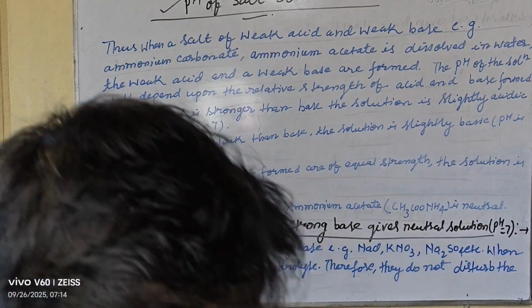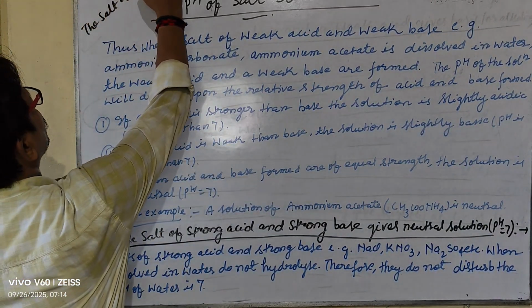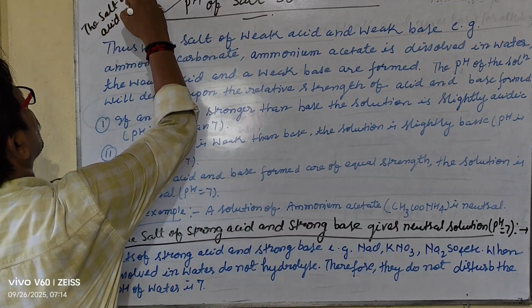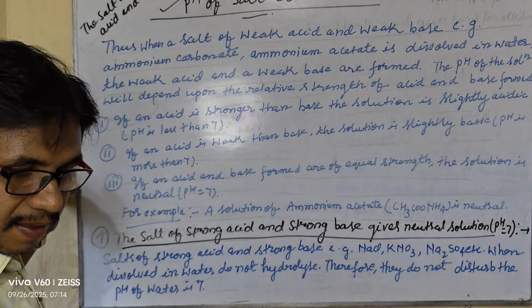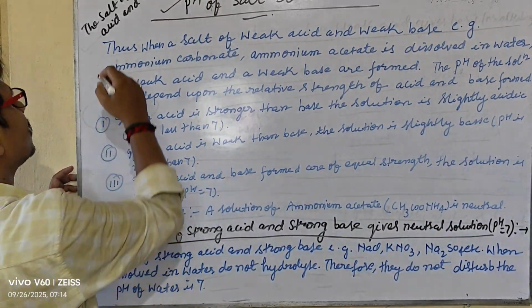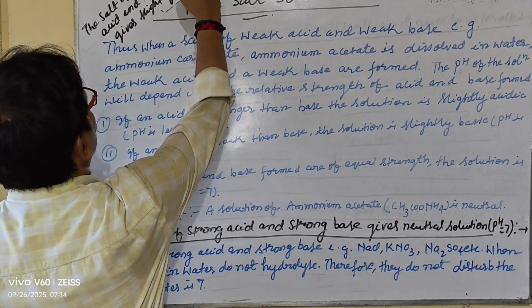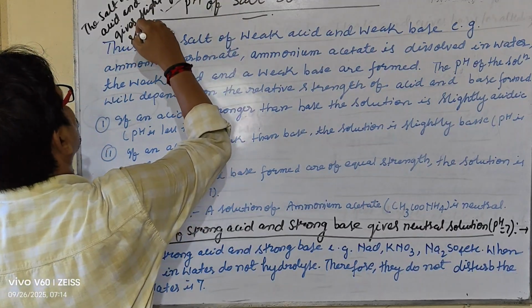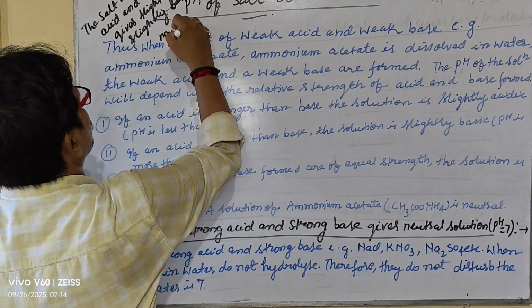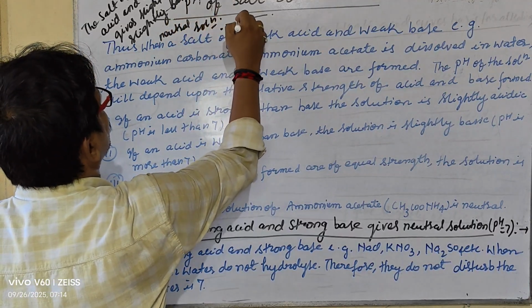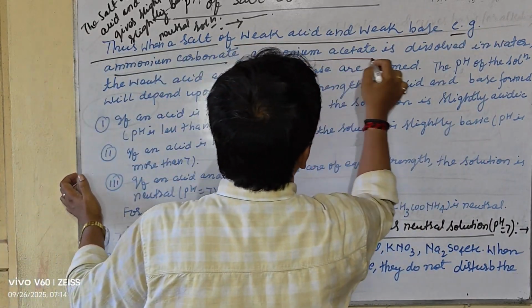So the first one is the salt of weak acid and weak base. It gives a slightly acidic, slightly basic, or neutral solution. Thus, when salts of weak acid and weak base, for example ammonium carbonate or ammonium acetate, are dissolved in